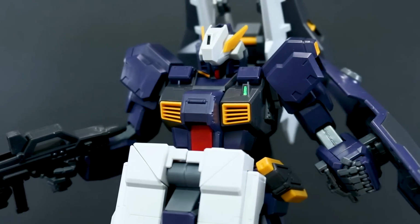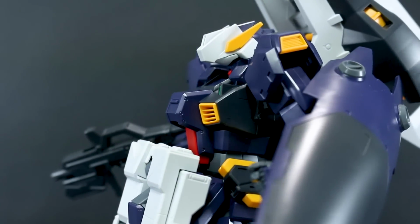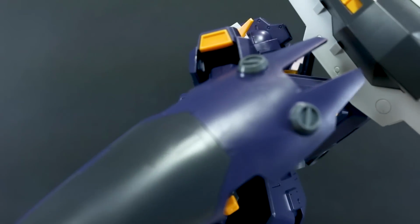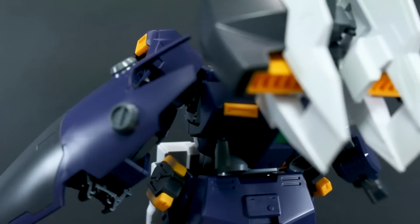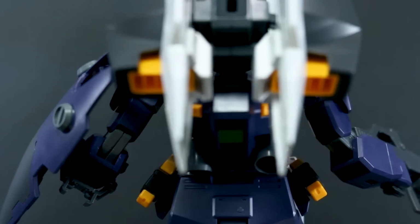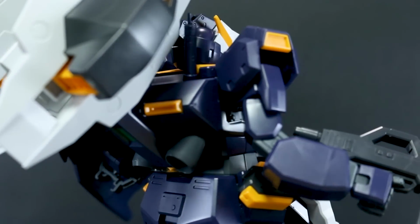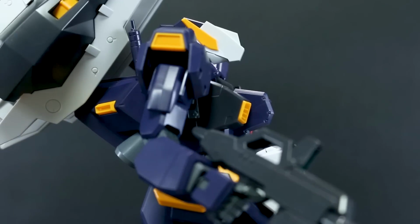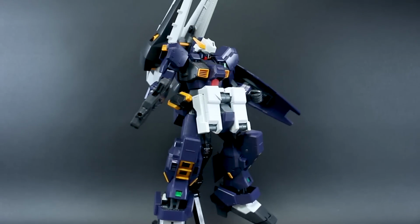I guess you can rant and rave about P-Bandai, but at the end of the day, you either are going to buy it or you don't. Unfortunately, in Japan, people are still buying them plenty, so Bandai's probably not going to quit the practice anytime soon. As we've noticed, they've even ramped it up over the past few years compared to even 5 years ago. So obviously it's working out well for Bandai, and they're just taking advantage of that. So that is the state of play at the moment, it seems, and that is the end of this